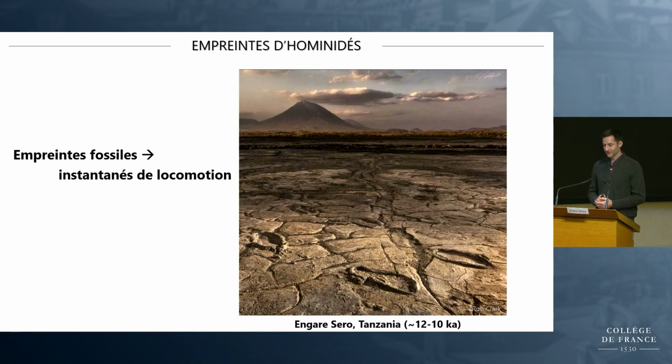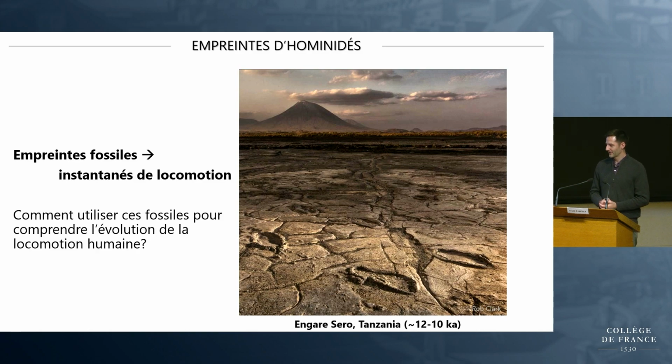So finding these new fossils is exciting. We know that they're giving us amazing snapshots of our extinct relatives. But then we have to ask the question of how can we actually use these data if our goal is to better understand the evolution of human locomotion. And to do this, we have to approach this as a question of functional morphology. We want to understand how the morphology of footprints reflects or records the functional pattern or the locomotor pattern that